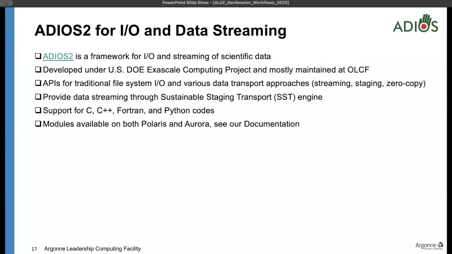There's APIs for traditional file system, as well as various data transport. I mentioned streaming in the title and at the beginning here, but it really can do other things. You can stage data, and it has some tight coupling solutions as well. Again, those are less popular. We see that users are not using Adios in that particular way. And so today, we're really going to be focusing on data streaming with their Sustainable Staging Transport, or SST engine,